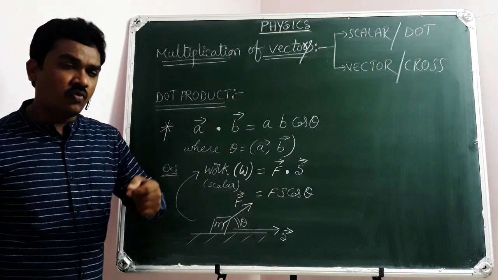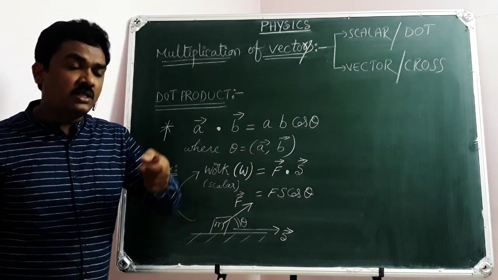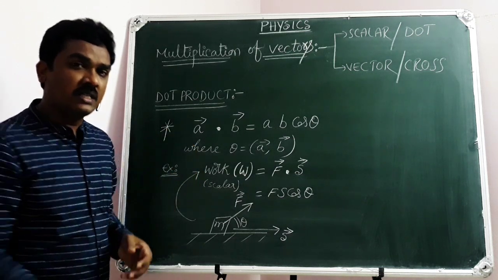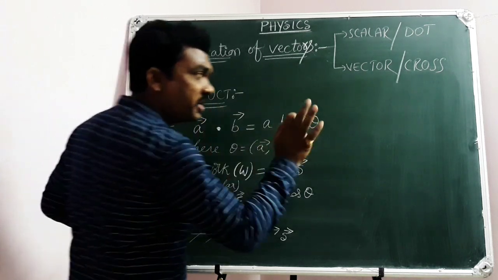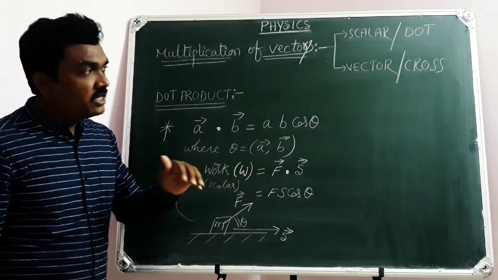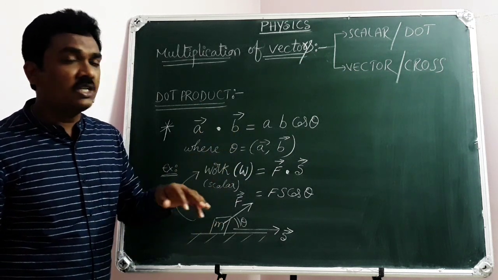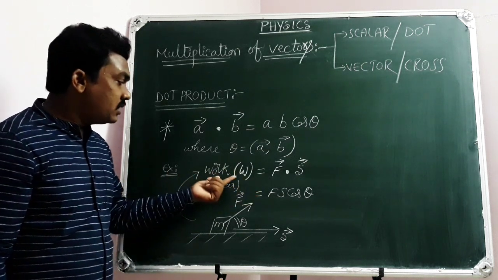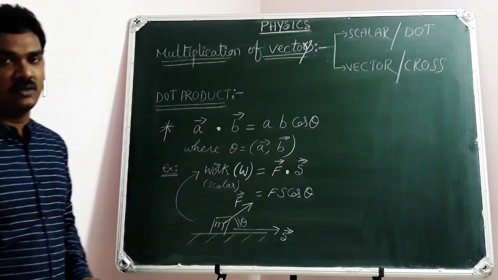We do say there is work done on a body when there is a displacement produced in the body by applying some force. For example, you are going to push a wall, applying some force. But can you cause any displacement in the wall? Never. So there is a force acting on the wall, but the displacement produced in the wall is zero. So we do say there is no work done on that wall. So here this is a scalar physical quantity which is the dot product of a force vector and displacement vector.